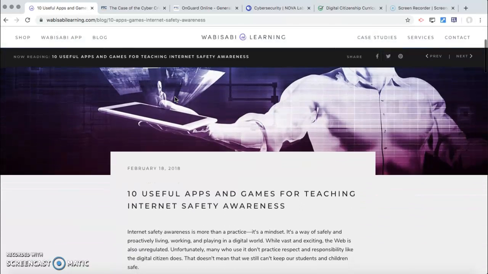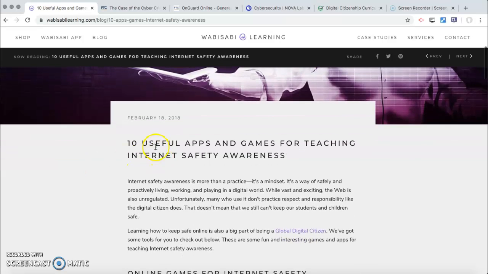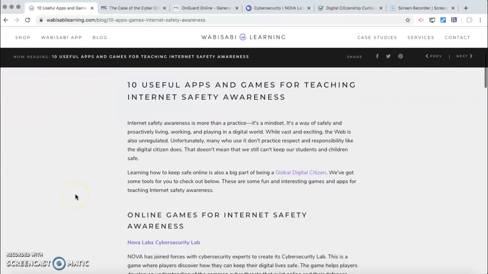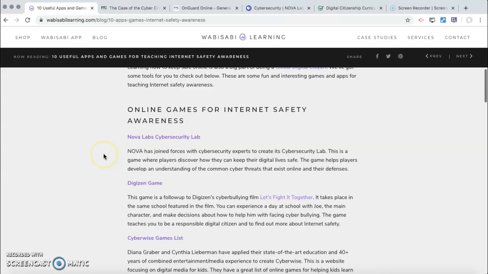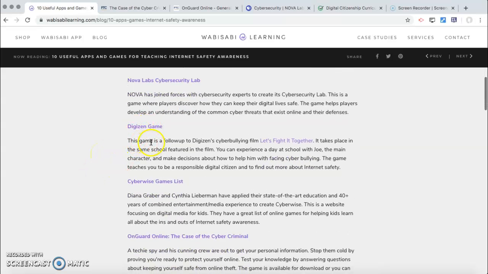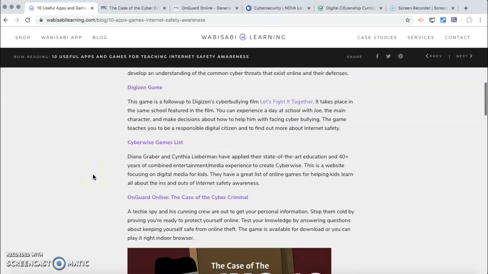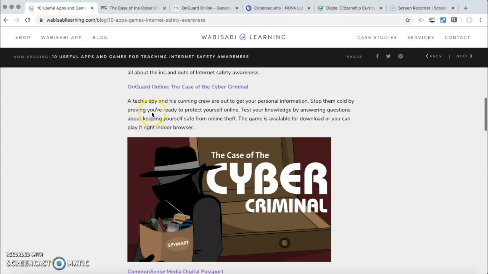This is one actually focused towards students, teaching them internet safety and how their information can be stolen. The title of it here is 10 Useful Apps and Games for Teaching Internet Safety Awareness. They've got it down by categories. But again, you can see here they've got a cybersecurity lab. They got a game here about cyberbullying. The one that I chose to explore is actually this one, On Guard Online, the Case of the Cyber Criminal,